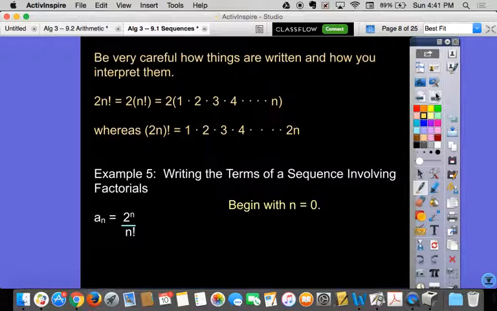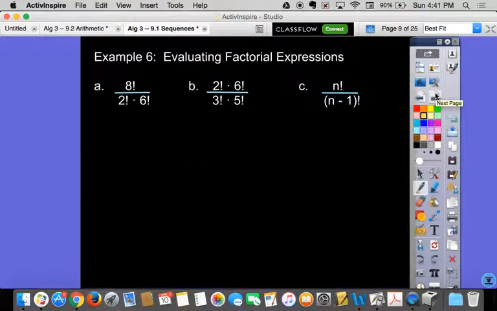So let's actually use it. Okay, I'll tell you what. This is what we really need right here. If we're going to evaluate something and reduce factorials,